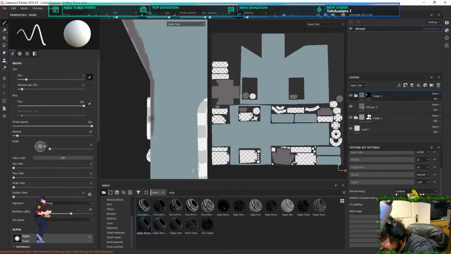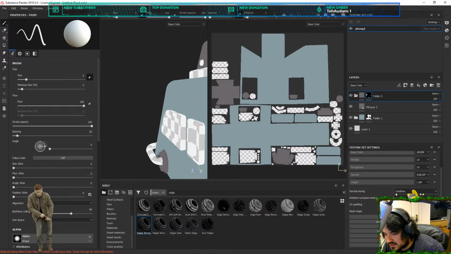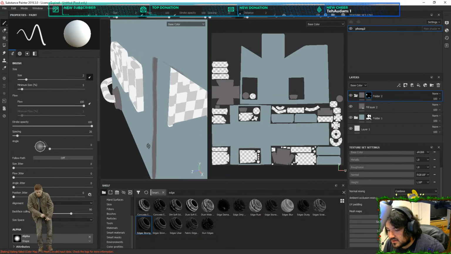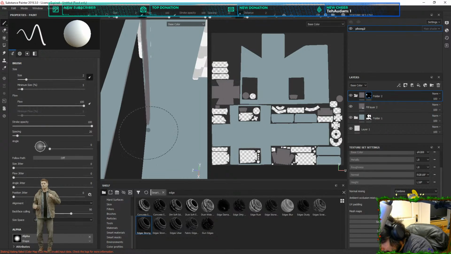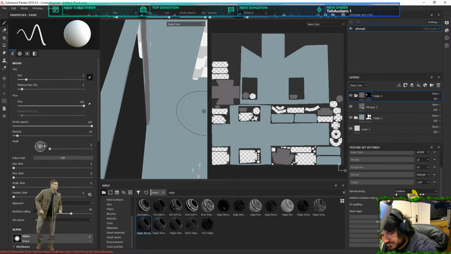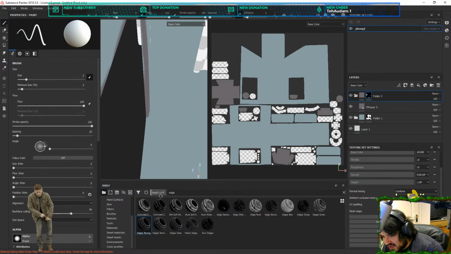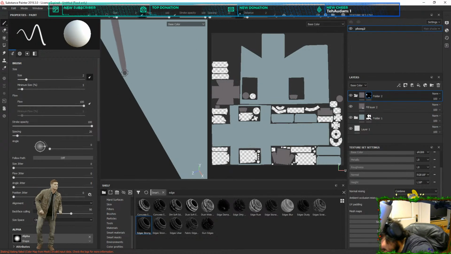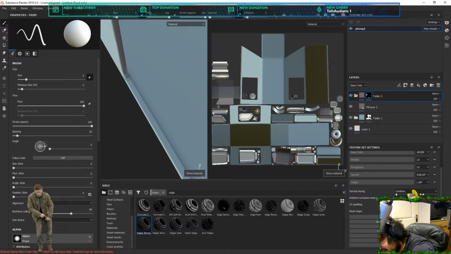Doesn't matter how sloppy this is right now, as long as it's rough enough. Embrace the jank, that's what I say. Wait, why's the... Oh, because I'm inside the freaking object. Why is my mouse so big now? Cursor. Yes, I can then turn it back on, there you go.